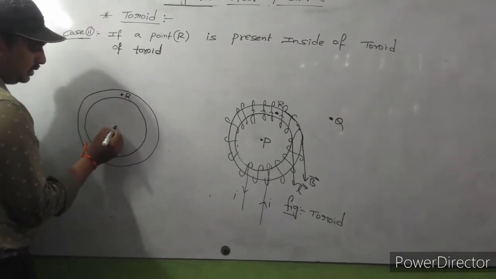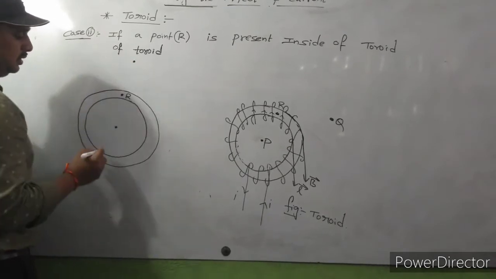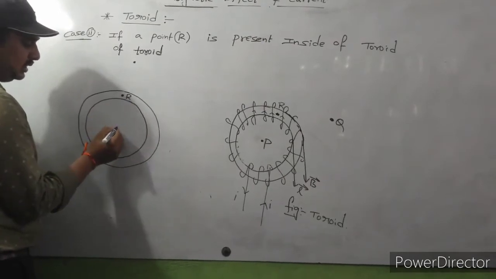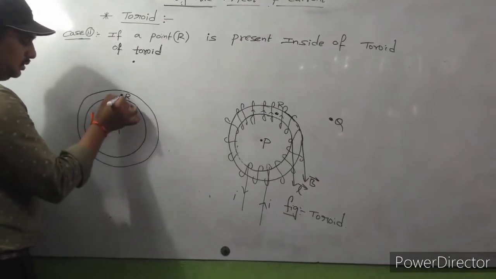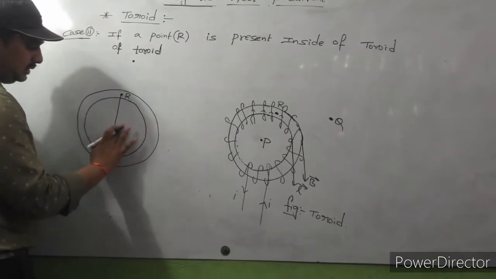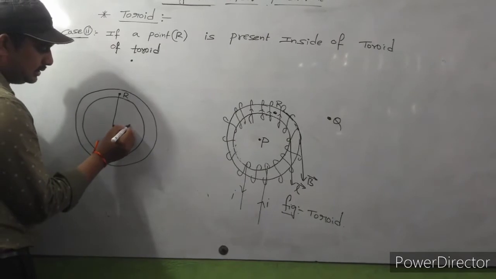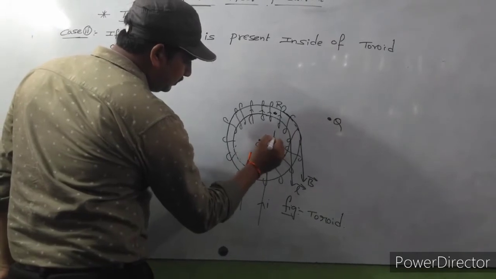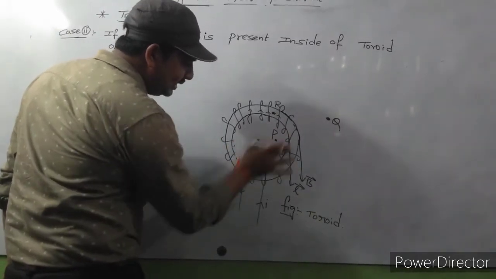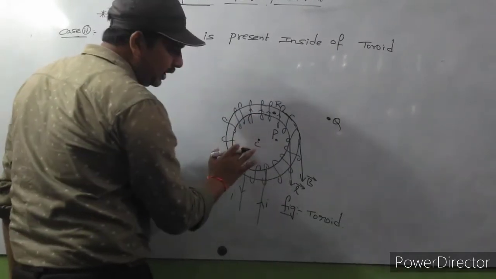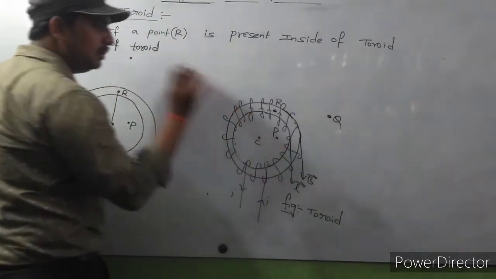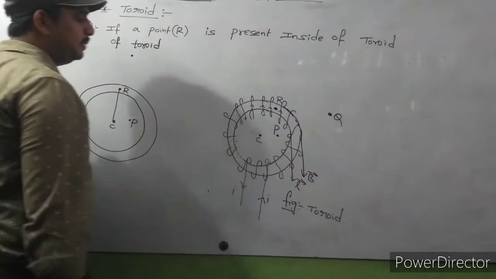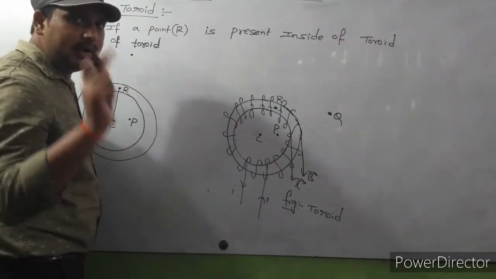Okay. Here is one point, here is one point. For this, I consider this is the center. Let us consider here is the point P. If you consider this is the center, this is a point P. This is also in open space, and this point P is in the interior part of toroid. That's why the magnetic field at this point P is equal to 0. If any point lies in the interior part of toroid and is present in open space, definitely the magnetic field at that point is equal to 0.